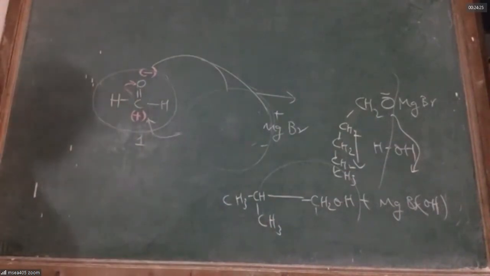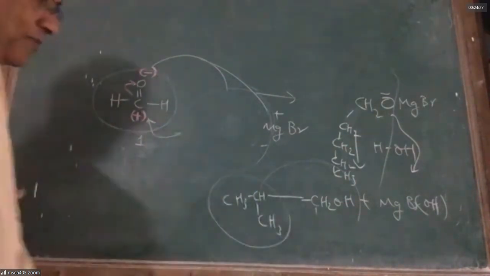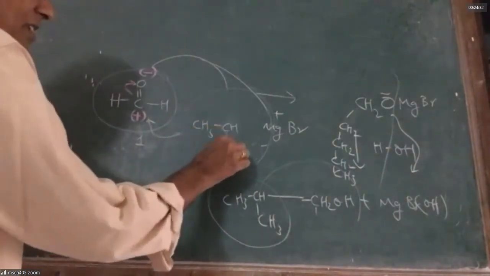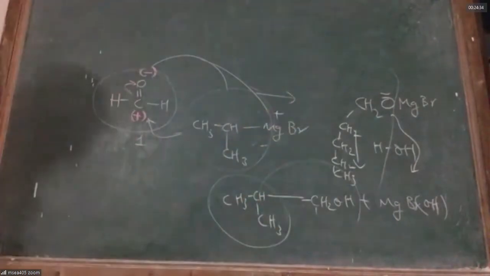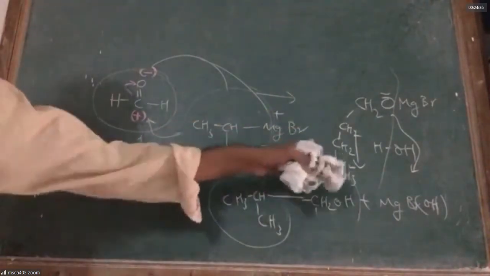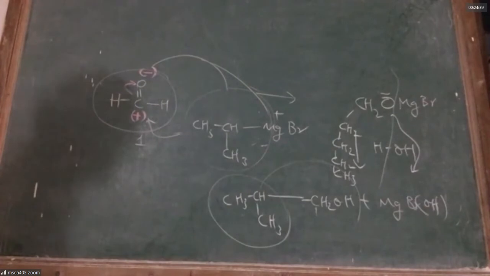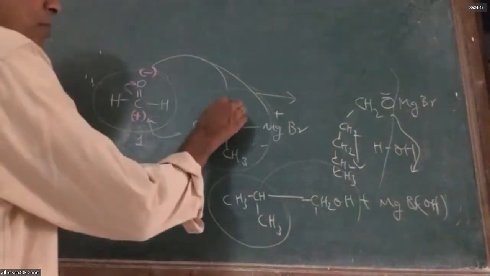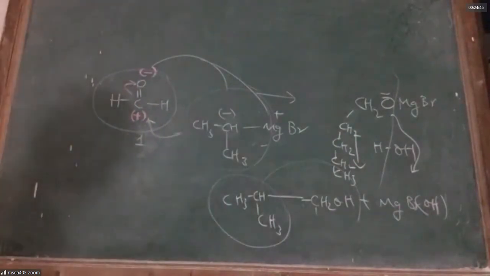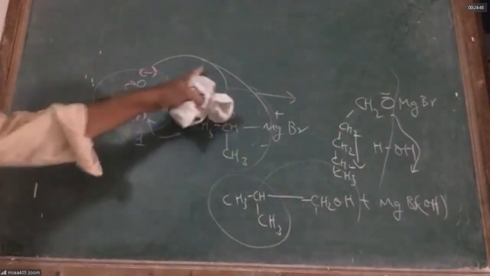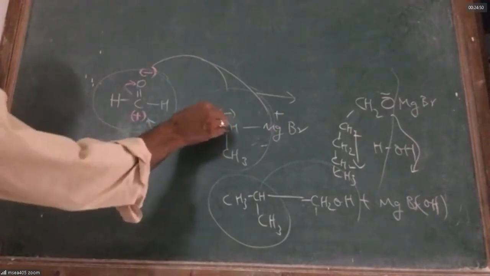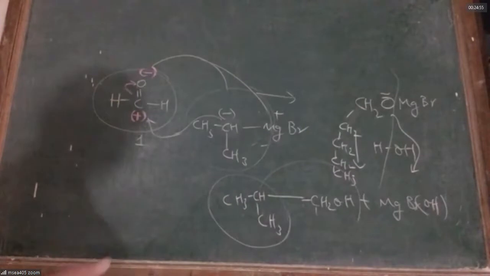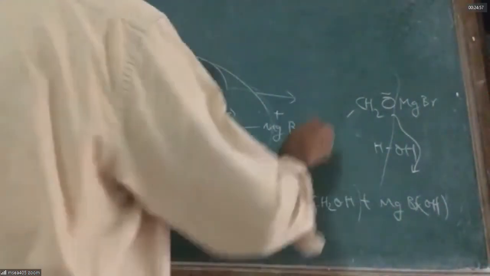Here I take a Grignard that has this group. What is this? This is called isopropyl magnesium bromide. It is a Grignard reagent. If I take isopropyl magnesium bromide, the isopropyl group gets a minus charge and MgBr gets a plus charge. Now the isopropyl group will be attacking the carbonyl carbon, and MgBr will attack the oxygen. Therefore, here I get isopropyl.